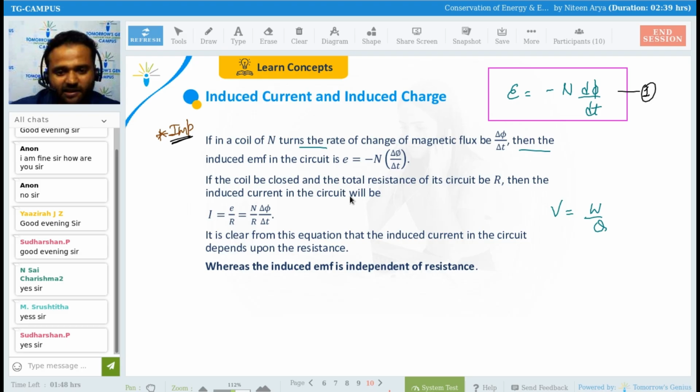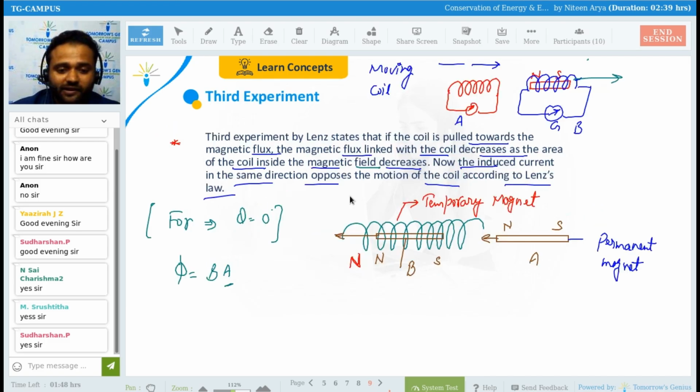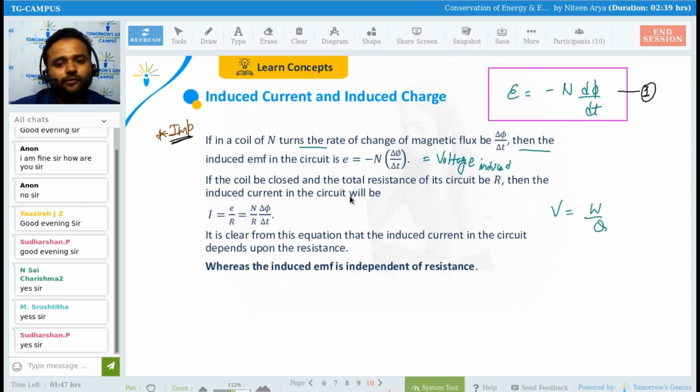We can take this EMF as a voltage or induced voltage. I taught you this in the previous class also. Induced voltage, and that is why we use a galvanometer. I don't use any particular ammeter, because a galvanometer can be converted into a voltmeter, it can be converted into an ammeter. It's my choice what particular thing I want to observe. And the sensitivity is very high. Clear? Good.